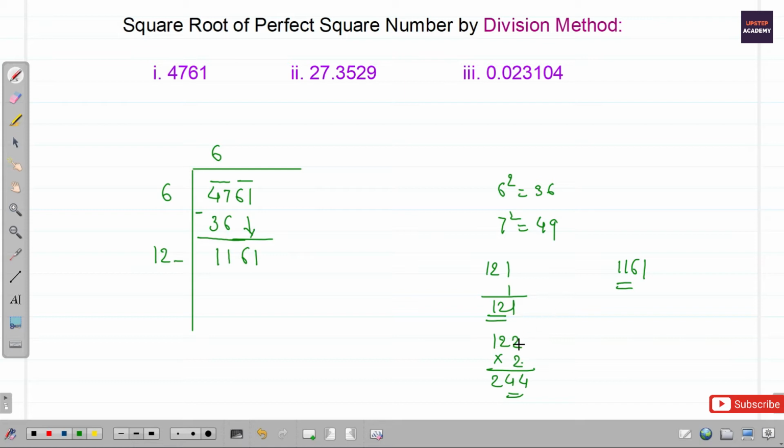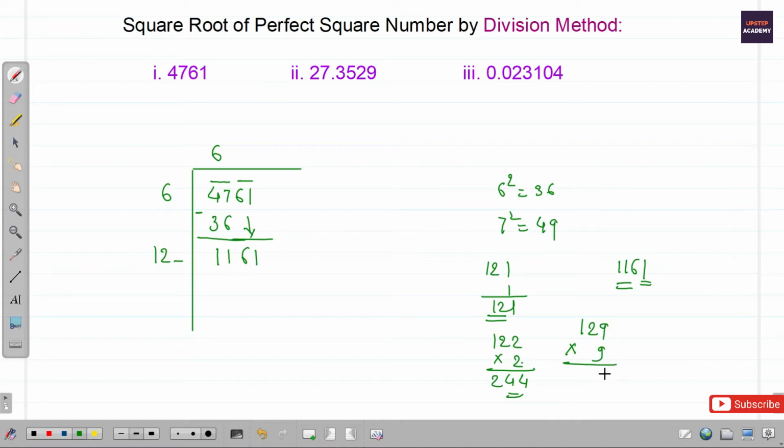Here is one trick I can tell you. See, what do we want? We want 1 at the end, and which are such numbers from 1 to 9 that if you multiply that number by the same number, we will get 1 at the end. So 1 into 1 is 1, 2 into 2 is 4, no, we can't take it. 3 into 3 is 9, no, we can't take it. 4 into 4, we also can't take it. 5, no. 6, 7, 8, yes, 9 we can take, because 9 into 9 is 81, and we get 1 at the end. So here we will try with 9.